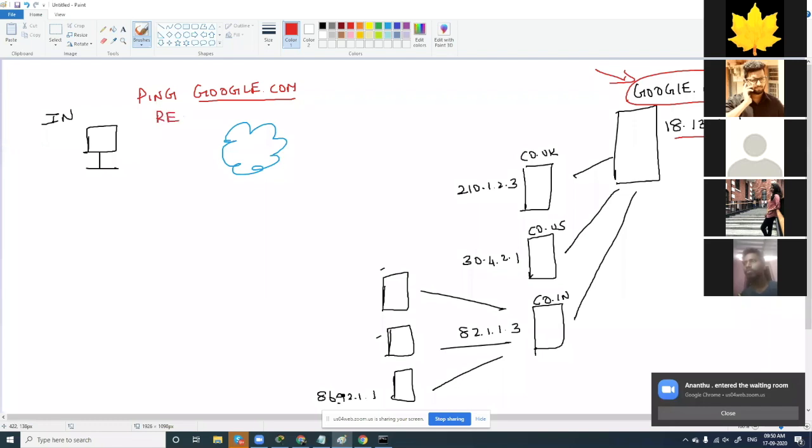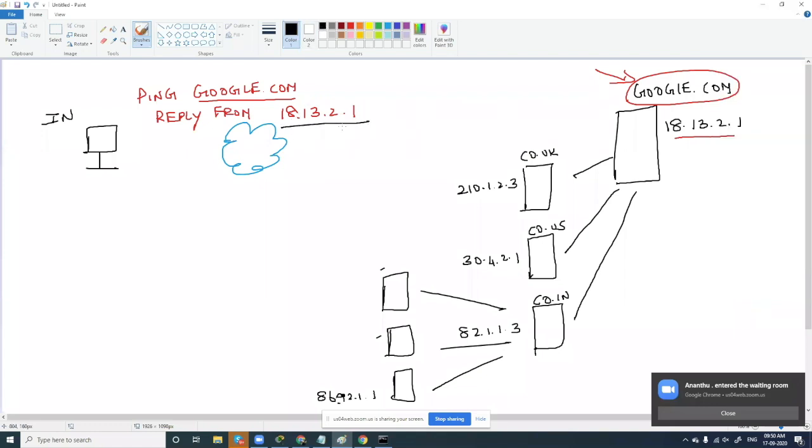So in my reply, I expect a reply from, what should be the IP address? The IP address should be 18.13.2.1. But my question is, do you get this IP address here? The answer is no. Why? Because the IP address which might be replying to you is this 86.92.1.1 and not this, right?